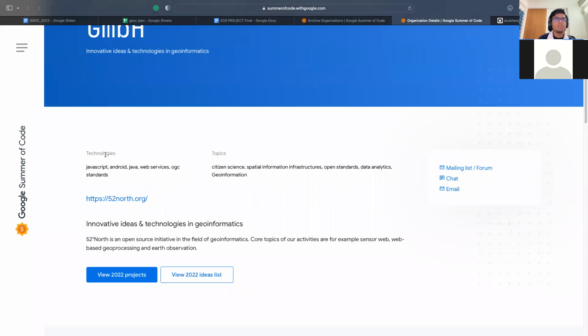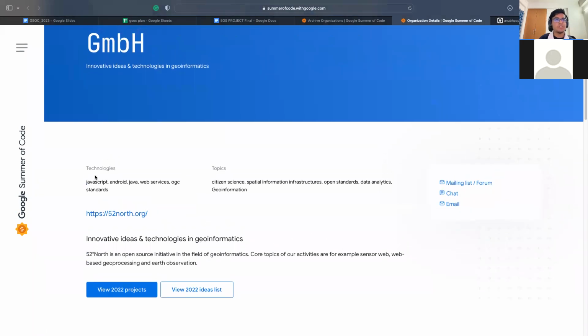So for example, let's say you land up on this page and you see that they are using JavaScript, and you feel like you have good enough knowledge about JavaScript, so you can consider this org. But for example, if it didn't have this technology, or it had, let's say Rust, Scala, or different technologies that I'm not aware of, what you can do is just skip this one because it's not a match for you. But it does have JavaScript in this one. And you can also go through these topics, but I would say they are extremely broad and will most likely not represent the projects that the organization is doing.